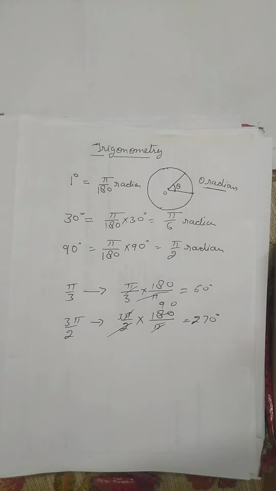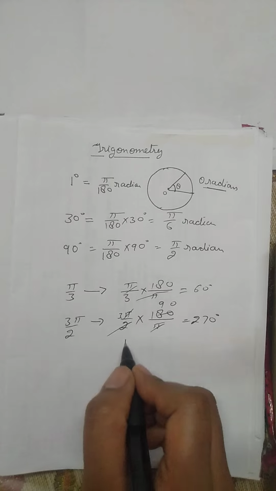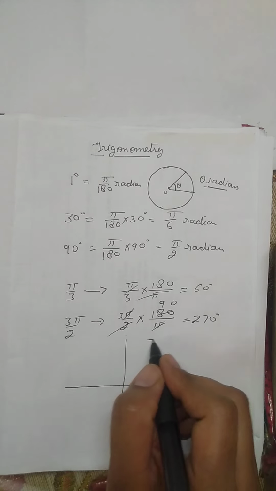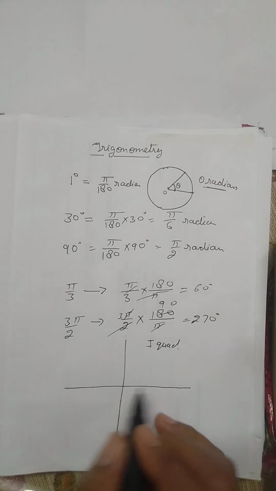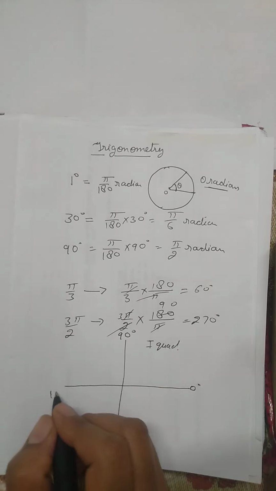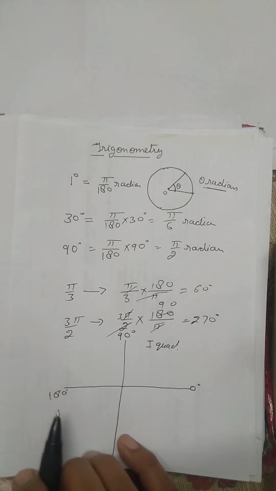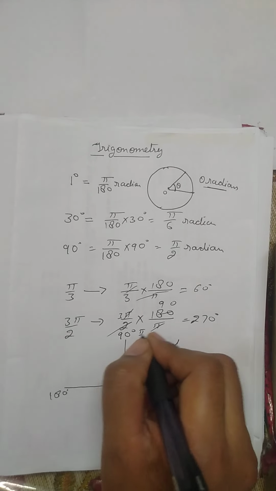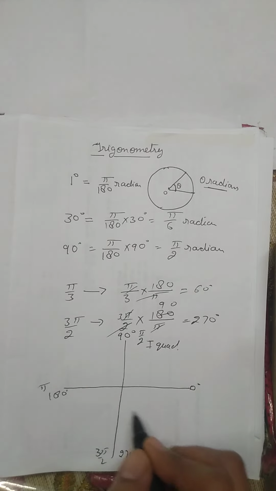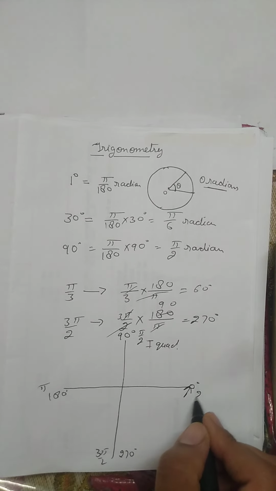Now we will study some more trigonometric ratios. For example, in previous classes we have studied trigonometric ratios in quadrant 1. Quadrant 1 means first quadrant. We are starting from this 0 degree. This is 90 degree. This is 180. This is 270. So if we convert it into pi radian, this is 0. This will be pi by 2. This will be pi, 3 pi by 2, and when we come again to the same point after completing this round, then we will be here and this will be 2 pi radian.